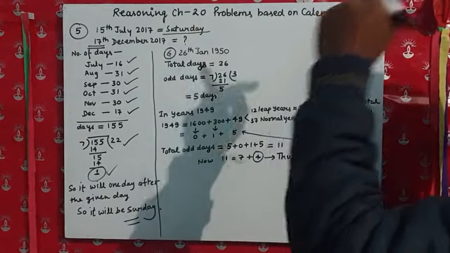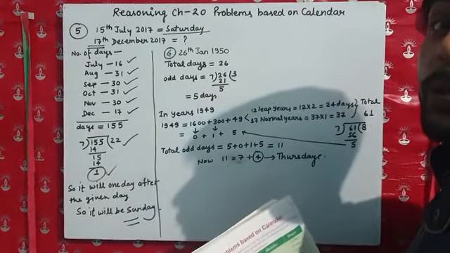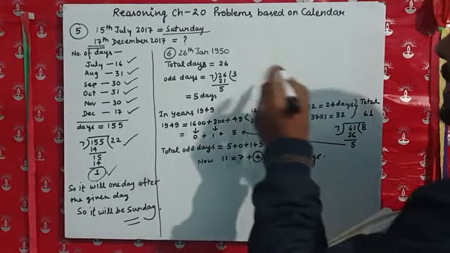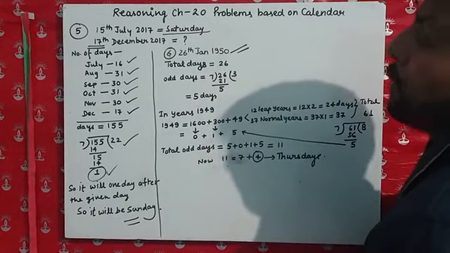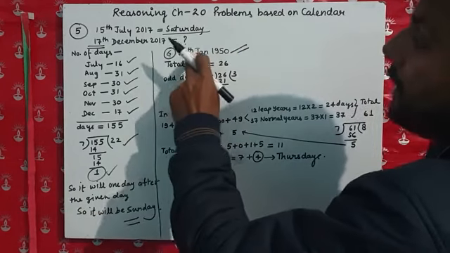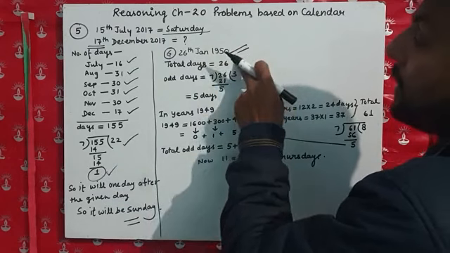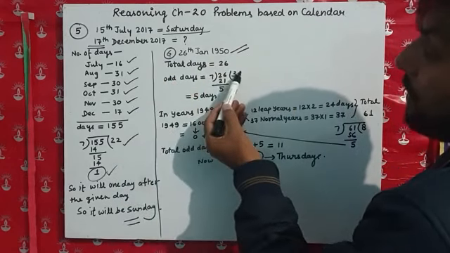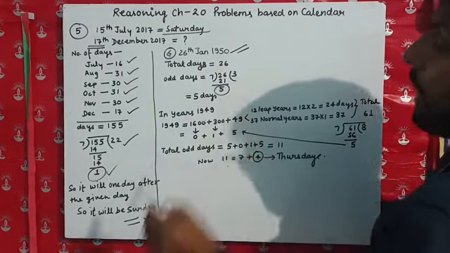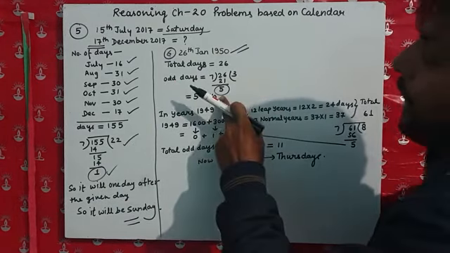Now we are going to question number 6. That is based on the pattern I told you in question number 4. Same pattern. Here only the date is given, 26 Jan 1950. So we will apply the same thing. In the year 1950 there will be 26 days of January. So for 26 days, we have to find the number of odd days. Divide by 7, 7 3s are 21, so the remaining 5 days are the odd days.